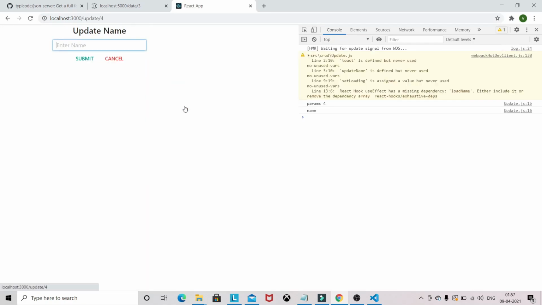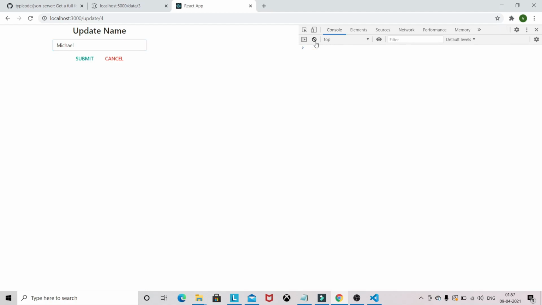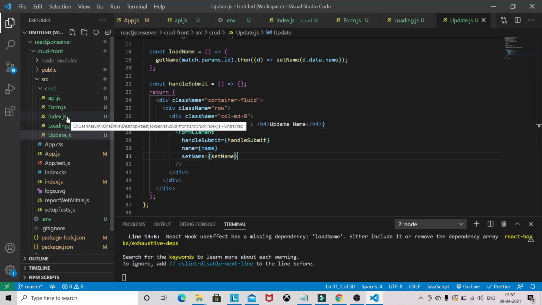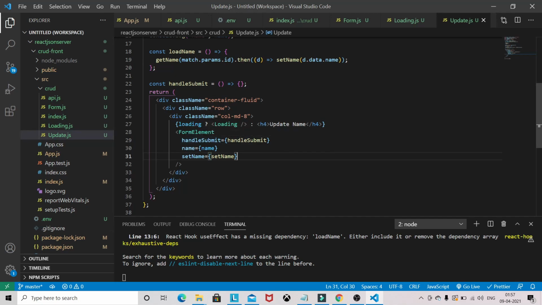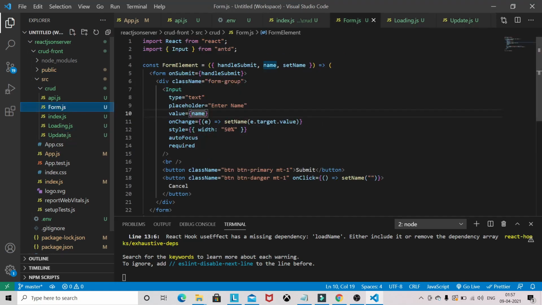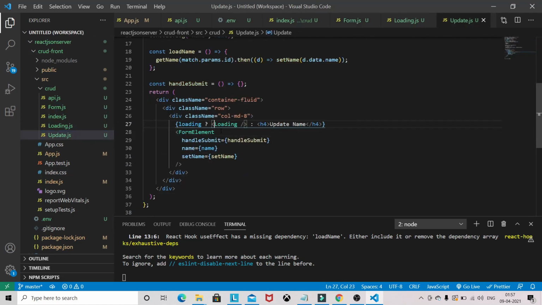Go to Michael, you will see the name. Actually we are using the custom form component here. I forgot to import it, and it imported the input component from Ant Design itself. So that was the issue.